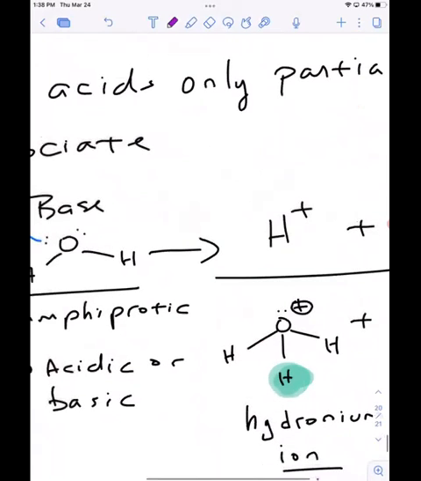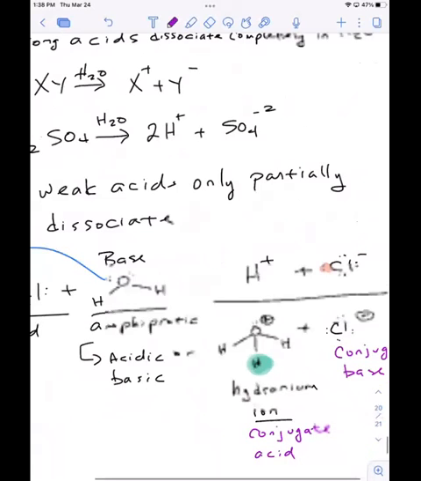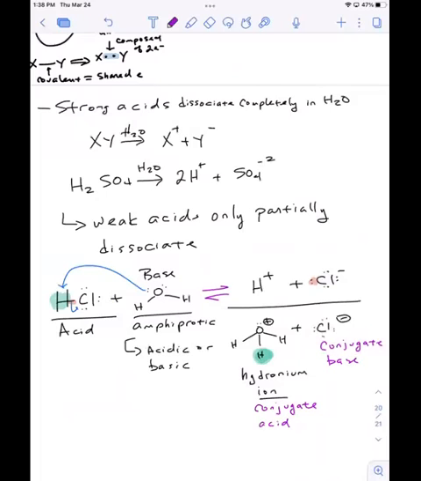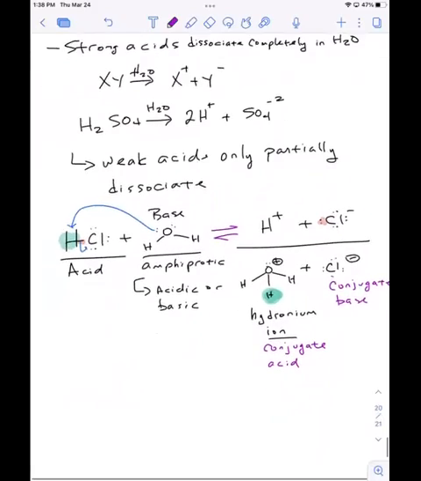That's important because this reaction is actually in equilibrium. There's an equilibrium between the products and the reactants, and the extent of equilibrium is going to depend on what the conjugate acid is and what the conjugate base is. So that's for a strong acid. If we think about a weak acid, like acetic acid,